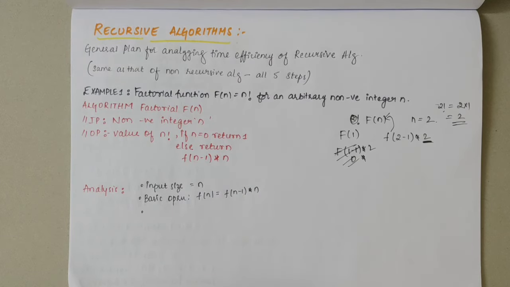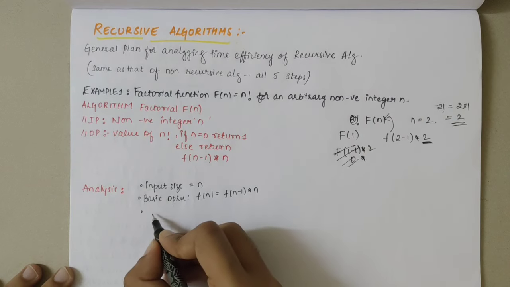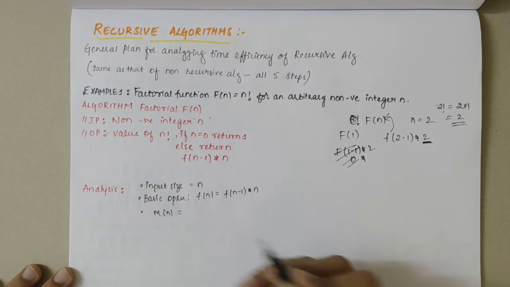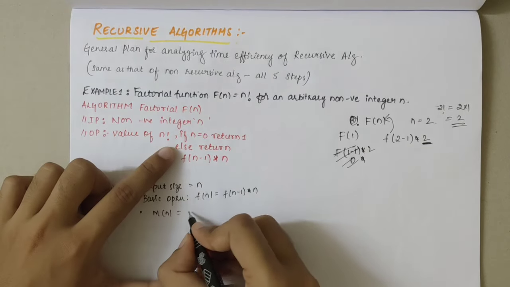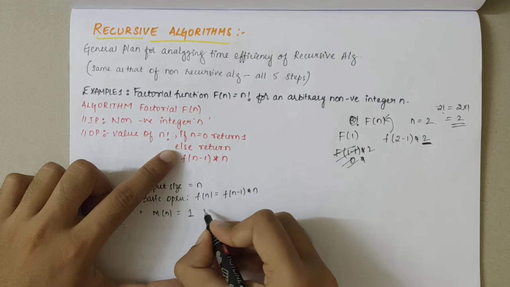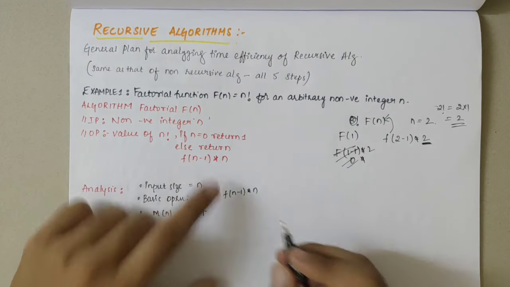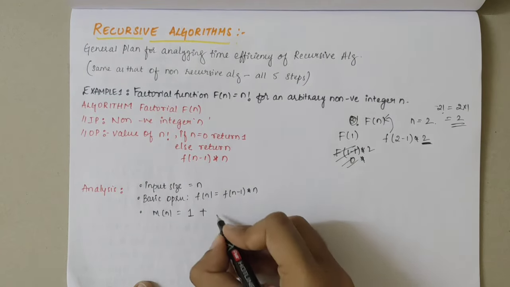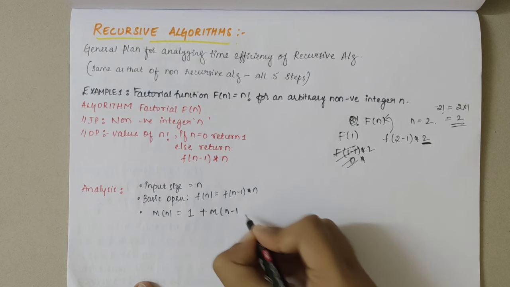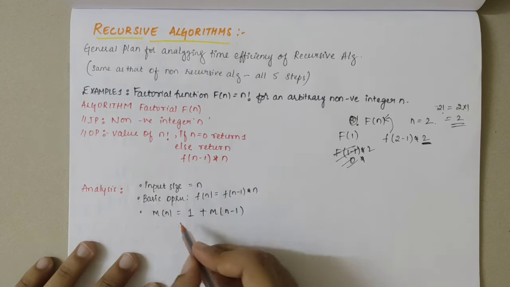Because it is being repeated till the condition is satisfied. So it will repeat once. Let me write m of n here. So I can say that this particular operation will repeat once. And along with that, it will repeat n minus 1 times. N value we don't know. So I can write m of n minus 1 here. So this is the recurrence relation which we have obtained